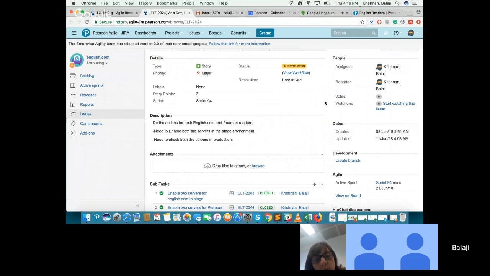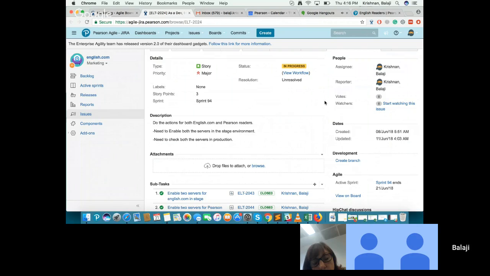So we can reduce 3 to 4 seconds of loading time for the end user, and it will automatically split the IP. For example, if 100 users are using English.com, the load balancer will automatically split across the two IPs, one IP for 50 users and the other IP for 50 users. This work is done by the load balancer, not by the DNS record. DNS record is random.